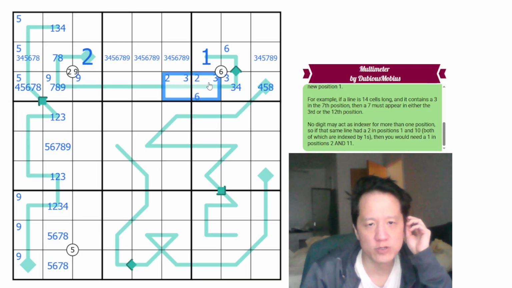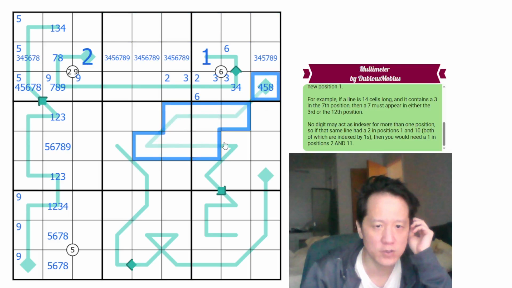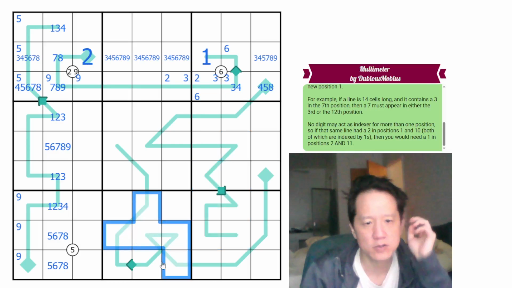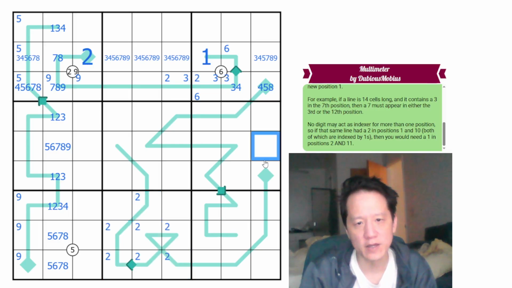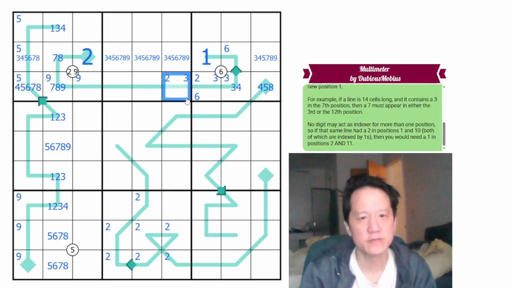So 2 has to be one of these two. 2 is also one of those 6. Again, we need a 2 along this line. We need that. There's a 2 here somewhere. And we can have a 2 in either here or here. Okay. So yeah, my error was in the very beginning, which is not good, but